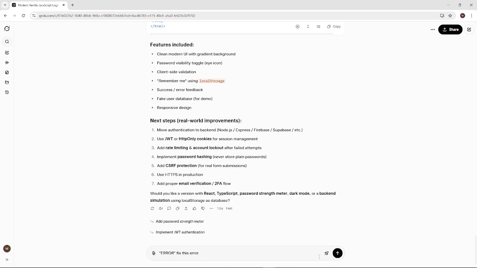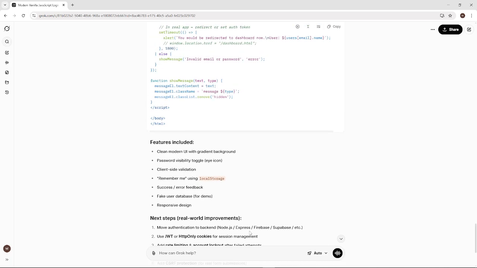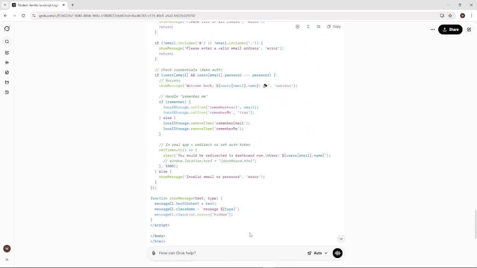From there, you can improve or modify the code. Ask Grok to explain it step by step, add comments for clarity, optimize performance, or convert it to another language. Iterating like this helps you understand the solution while tailoring it to your exact needs. Keep refining your prompts and the code until it behaves exactly as required. Small, focused requests usually produce the best